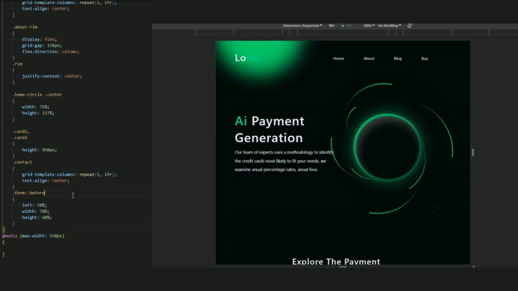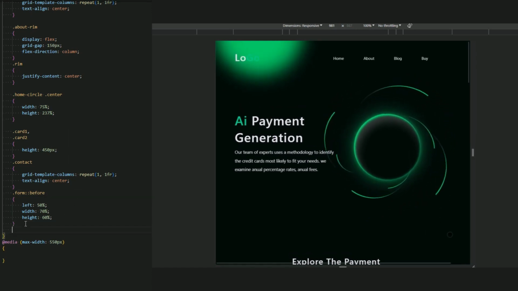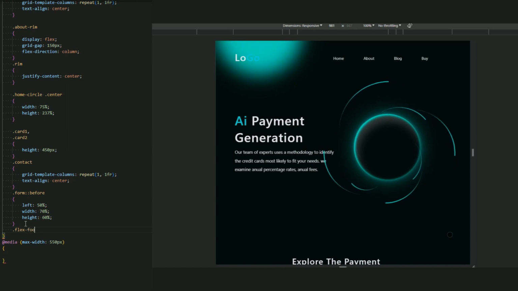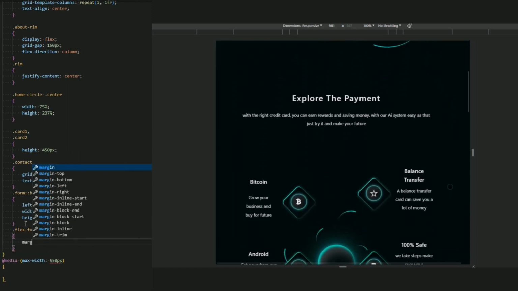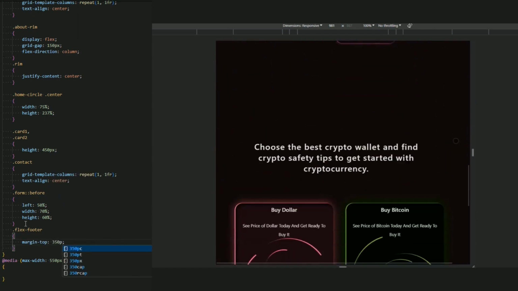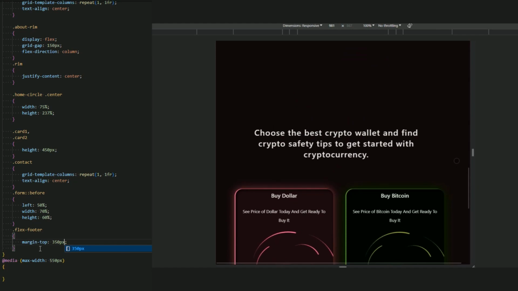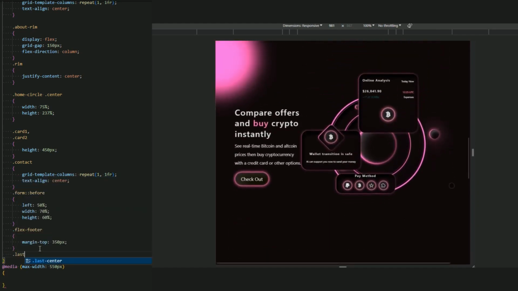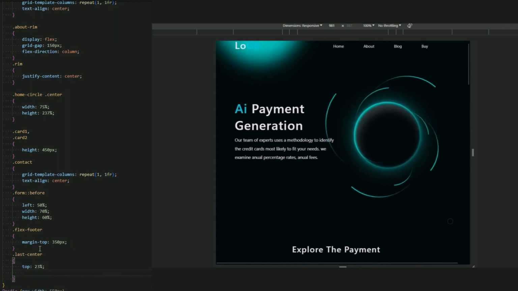So let me just add this from before, and the flex footer that we have here, let me add a margin top 350 pixel. Okay, now for the last center, for this, let the top be 23% and the left 50%.